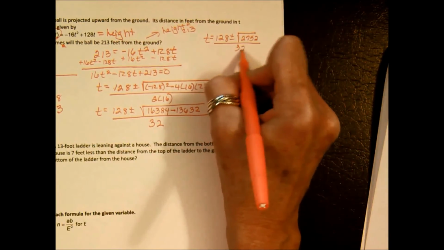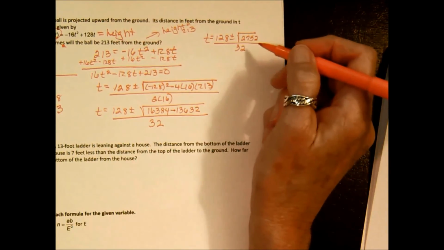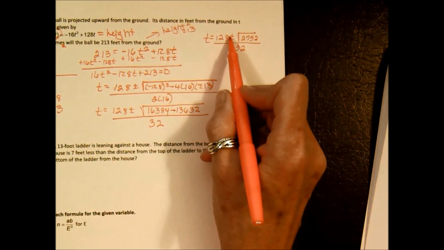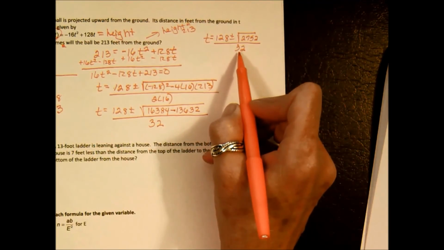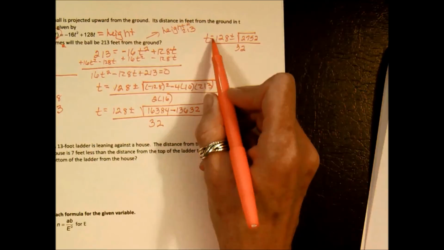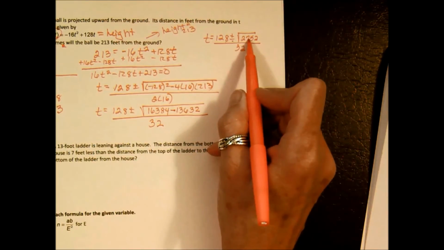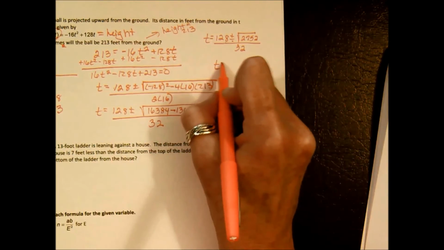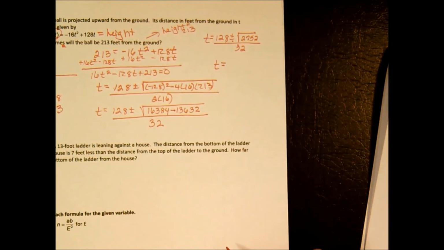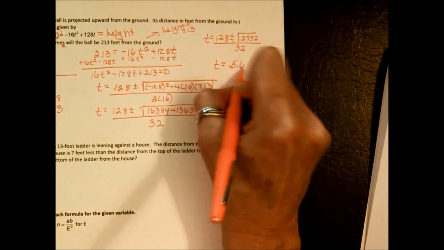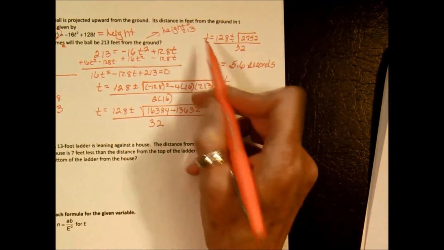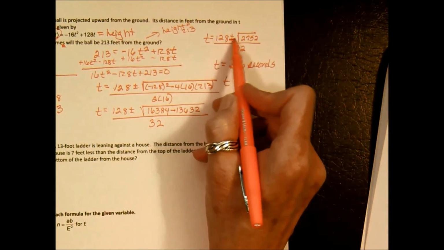Now here's how I did this at this point. I put it into my calculator twice. T equals 128 plus the square root of this over 32. And then t equals 128 minus the square root of that over 32. And when you do t equals 128 plus the square root of that, you get 5.6, I rounded off, seconds. And when you do t equals 128 minus the square root of this over 32, you get